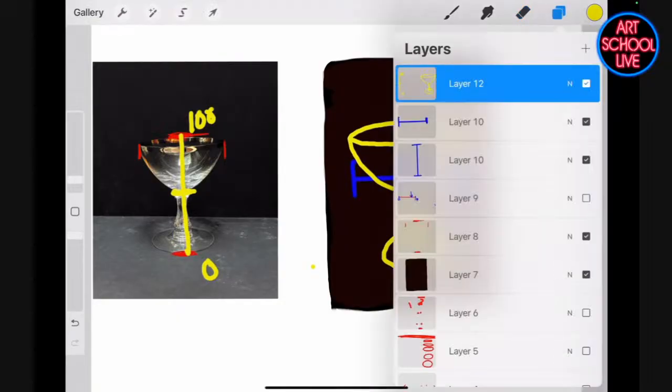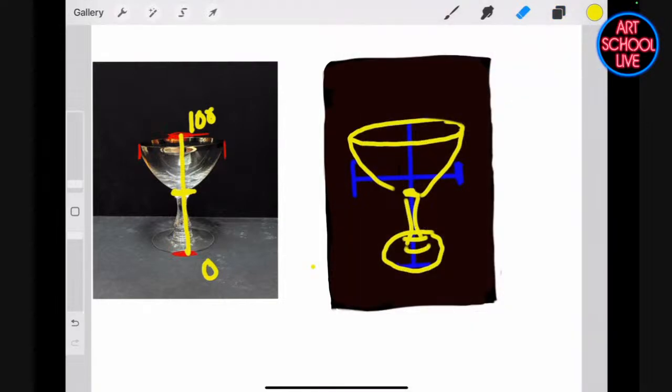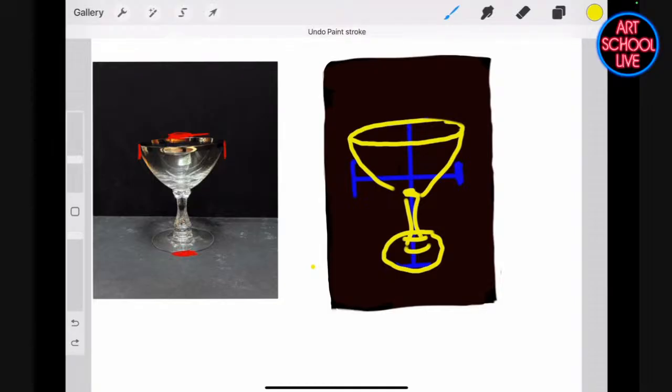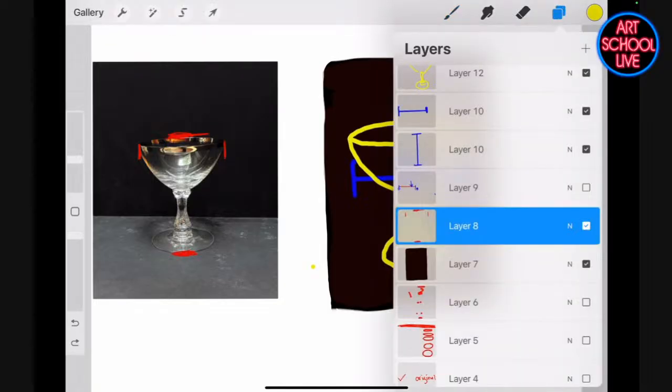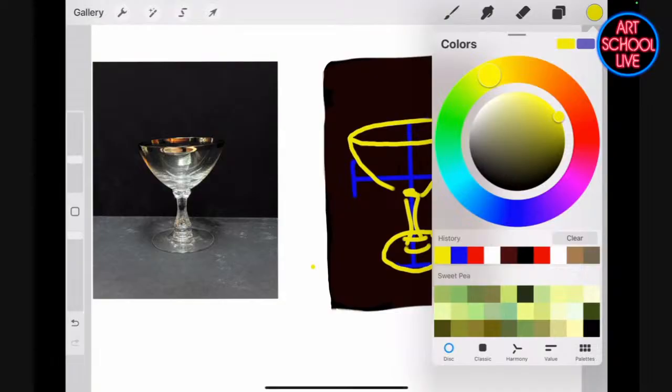So I'm going to erase kind of all this stuff over here. Oops, I need bigger, just so we can clear what's happening here. Oops. I'm going to take that off as well. Okay. So, we have a clear vision here. We have an idea of what our cup is looking like, but what we're going to start off with is